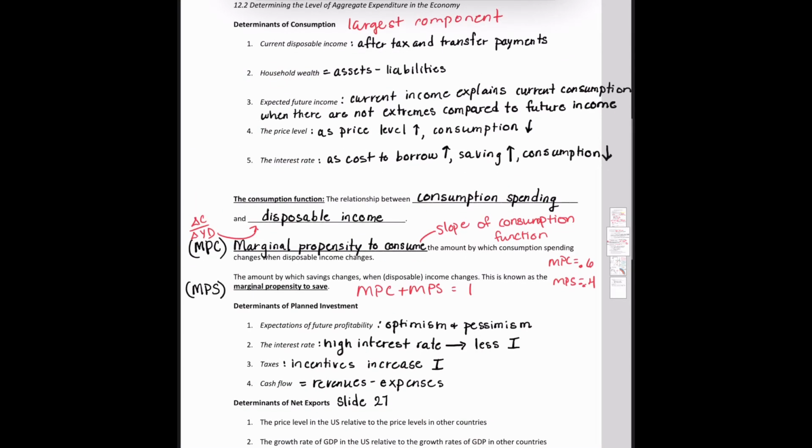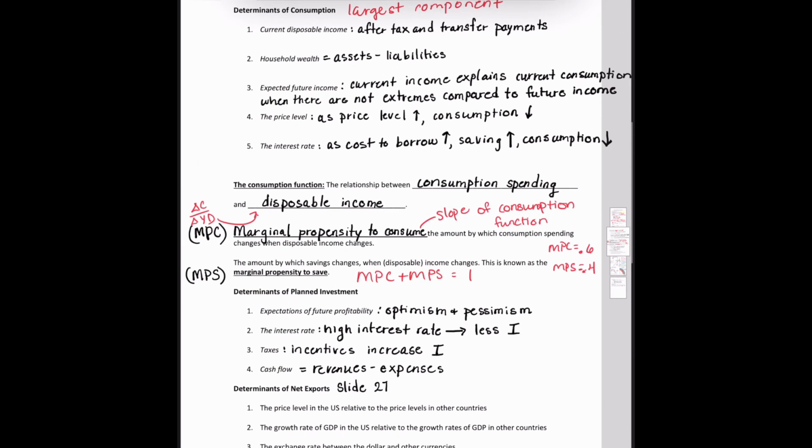Okay, so now that we've talked about consumption, let's move on and talk a little bit about planned investment. What affects the level of investment? We have expectations of future profitability, interest rate, taxes, and cash flow. Future profitability expectations. Remember, investment goods include factories, office buildings, machine equipment, technology, etc. They are typically long-lived. And when a company is more optimistic about the future, they will tend to